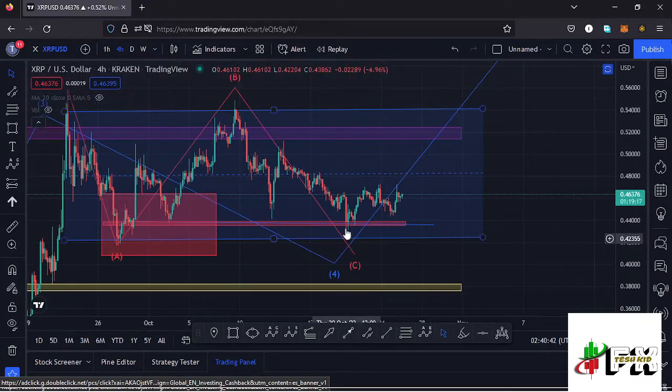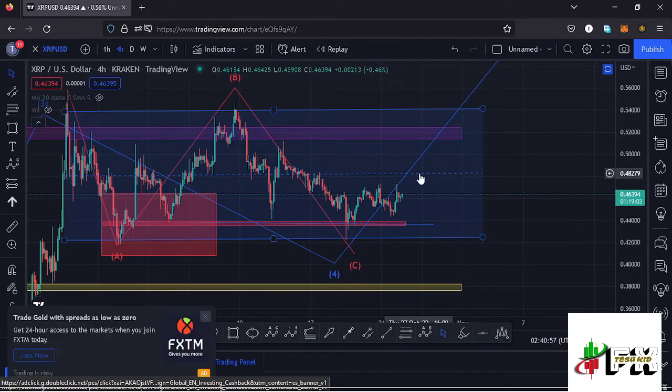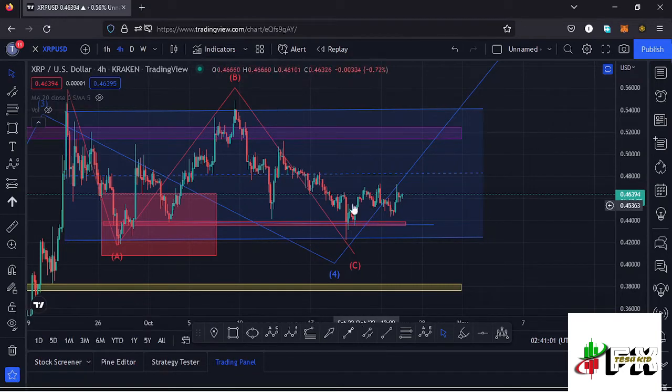And at the moment you can see that we managed to touch the lower side of the channel, then saw a very nice bounce to the upper side using that key area of support at around the $0.43 mark, and that's why we are seeing a bit of a bounce to the upper side. And there's a possibility that we can continue pushing higher given that we have key area of support at around the $0.43 mark. And in case that plays out, I still expect that at some point we might find resistances